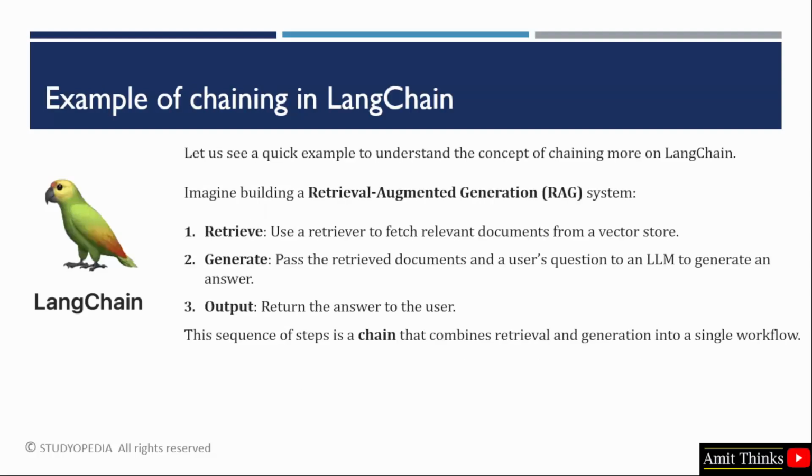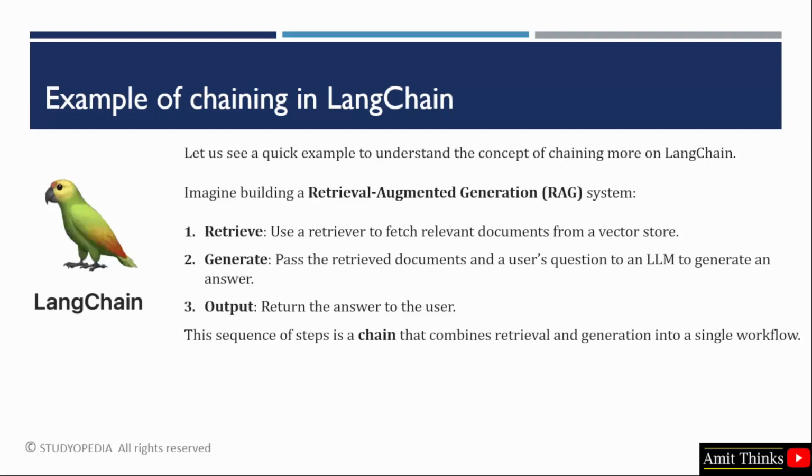Here is a quick example of chaining in LangChain. Let's say you are building a RAG, that is retrieval augmented generation system. In this, what is the first step? That is retrieve. You can use a retriever to fetch relevant documents. Then generate: pass the relevant documents and a question, that is a prompt, to an LLM to generate